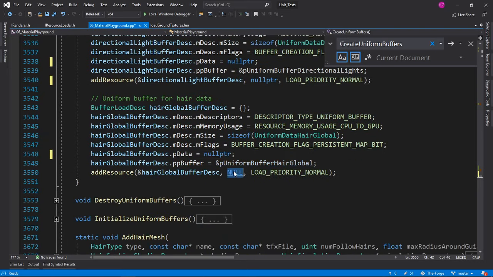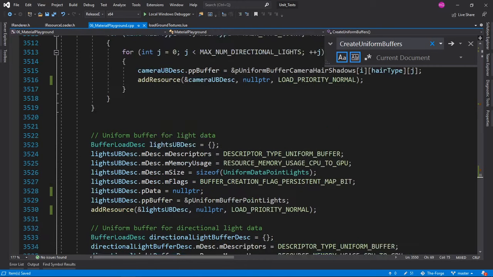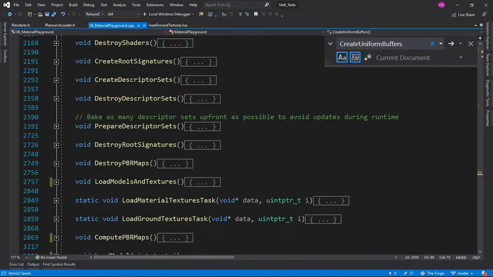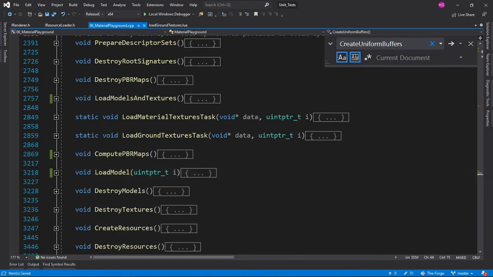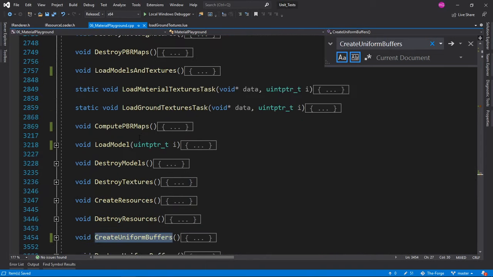I'm not going to dig into anything deeper than this for uniform buffers. If you get to know the render interface later on, this is going to be easier to figure out, to see what this does.